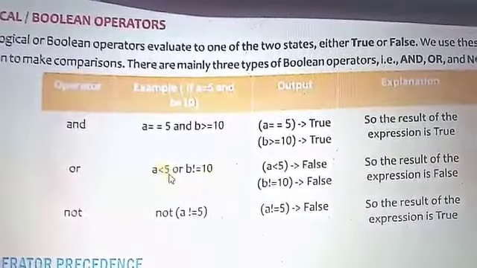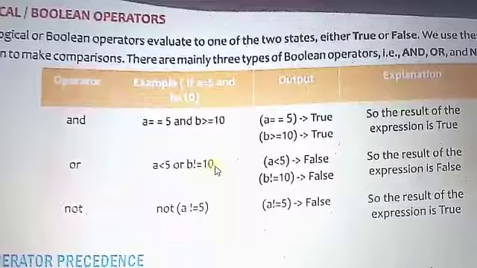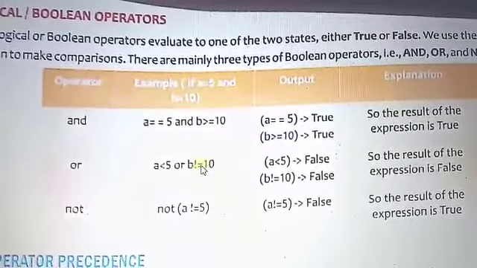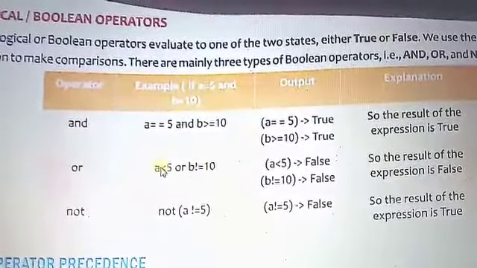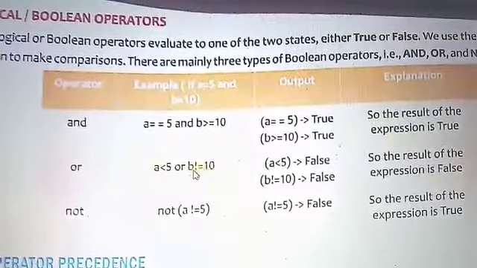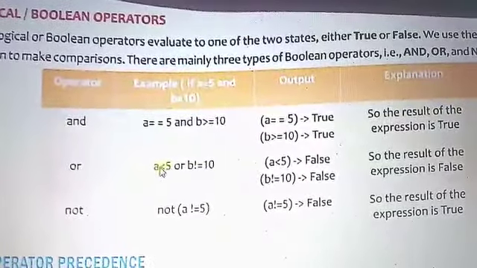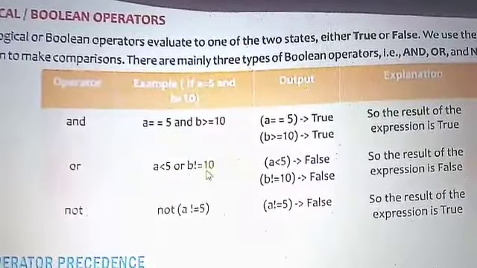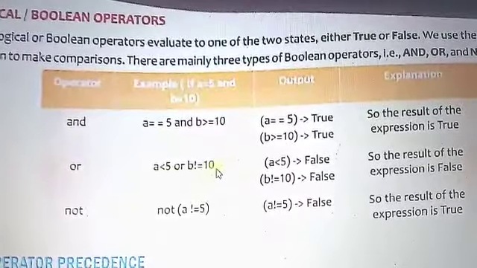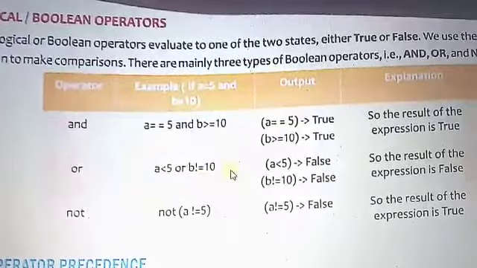If the first expression is true and the second is false, the output is true. If the first is false and the second is true, the output is again true. If both expressions are true, the output is true. If both expressions are false, in that case it produces false.